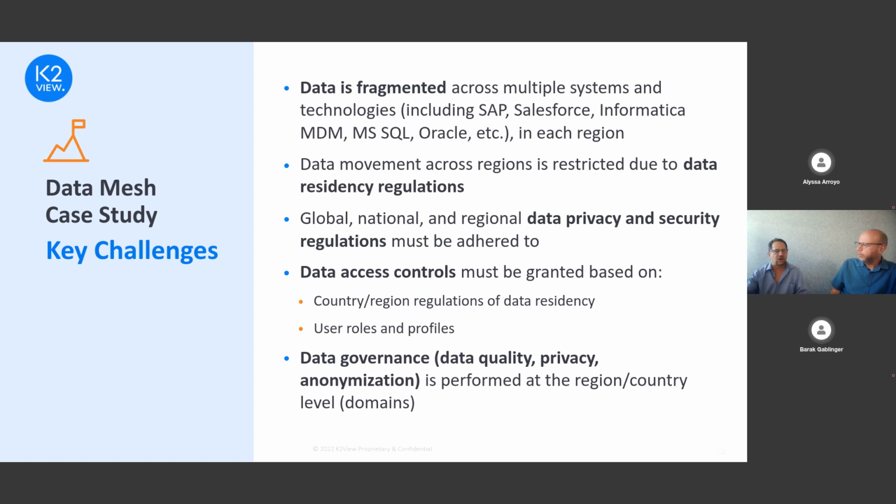There was a long list of them. As you know, the data is fragmented, but this is amplified. Why is it amplified? Because each of their data domains / regions has their own data. So it's amplified to that extent. And even though they have, for example, a SAP or a Salesforce, not necessarily is that data domain the same. It might be customized and it might be a combination. So it's a wide variety of it.